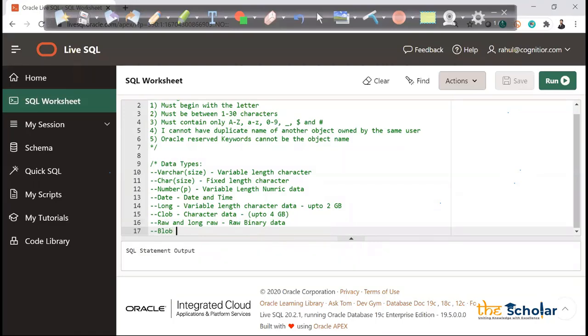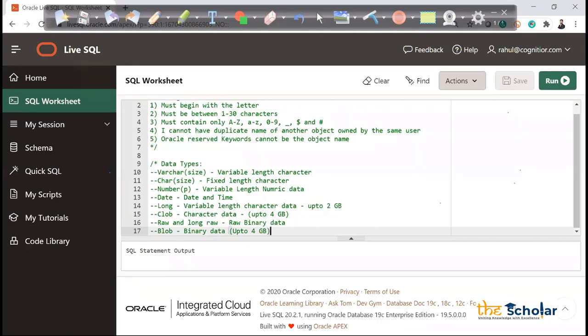And the last is blob, which is a binary data. Now I obviously will not use this, but I just want you to understand, because I think it's good to have the understanding of it. It takes up to 4 GB of data. Binary data means, suppose I want to save one video. 4 GB is like 4 movies approximately. So I can save the videos, I can save the images, those types of data I can very well save in this column. So suppose I'm creating an Oracle table, I want to save a movie in one column, I am able to do that. It's a binary data.